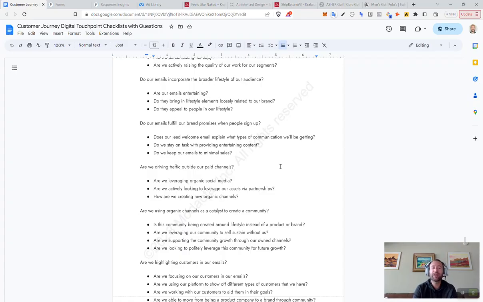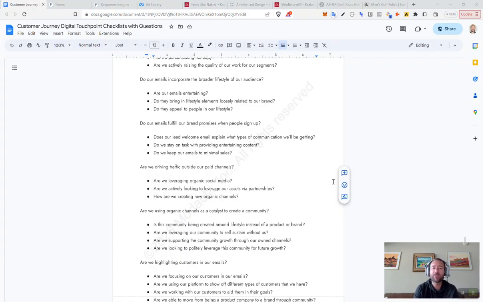Do our emails fulfill our brand promises when people sign up? They should. What are you going to be sending me? Why do you want my contact information? That's never really answered in a welcome series. We've gone the route of actually telling people what to expect from the welcome series, what to expect in terms of emails. We make it really clear. We know they're signing up for a discount. We know that we're grabbing data in exchange for a discount, but then we tell them in that first email what types of emails we're going to send. And I think that's really important, setting the stage for what kind of communications you want to send.